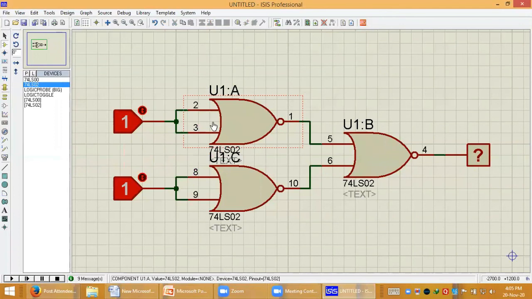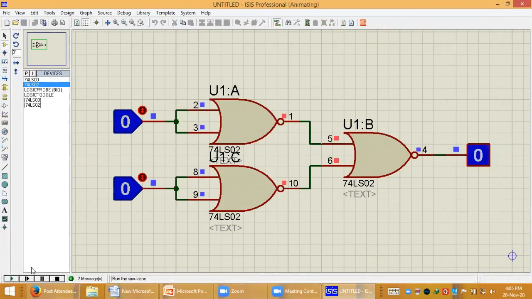So this is our AND gate using NOR gate. I'll set these inputs as 0 0. Now let's simulate this circuit diagram.